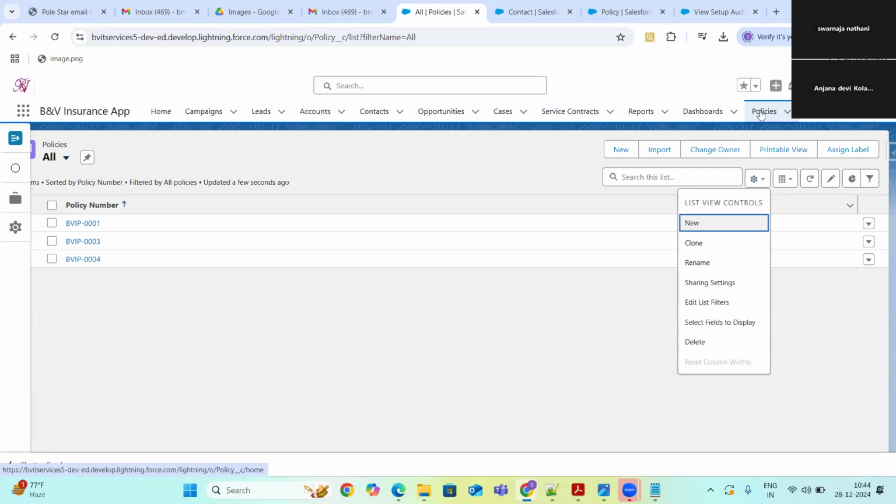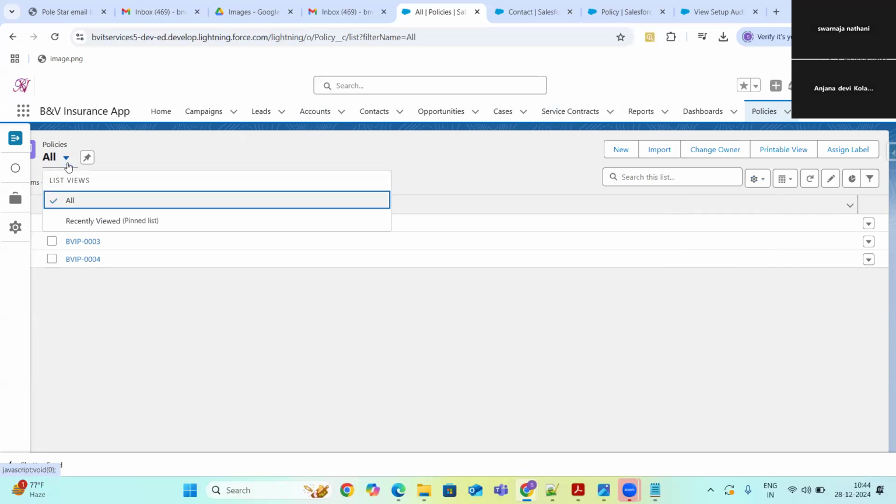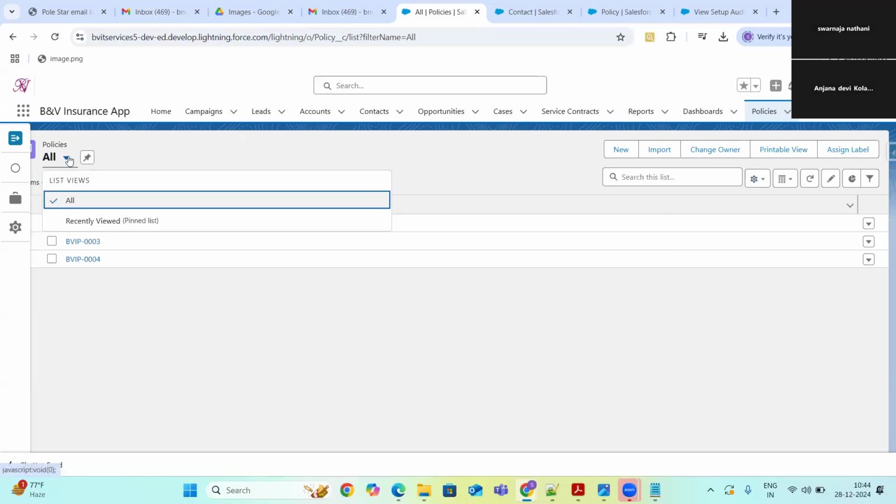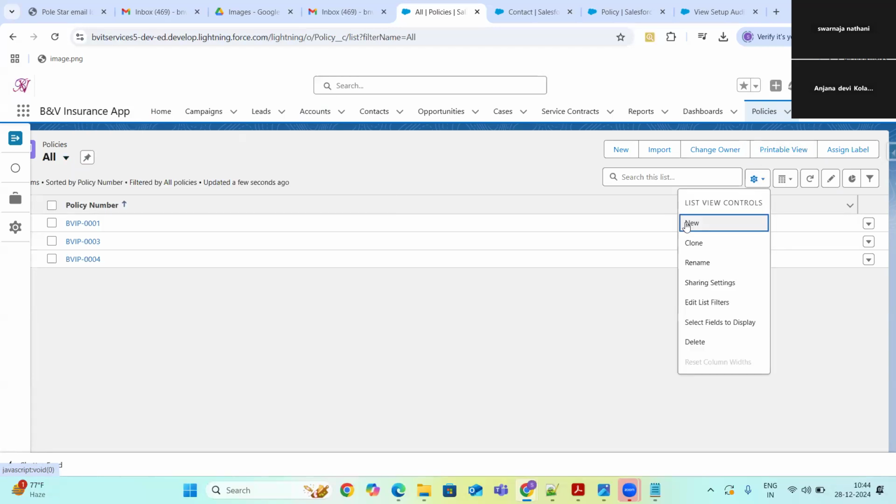From the tab, you will be able to see them. We call that the list views. These two, recently viewed and all, are the default list views that you will get for objects whenever you create them. And if you want to create your own views, then you can just click on new.